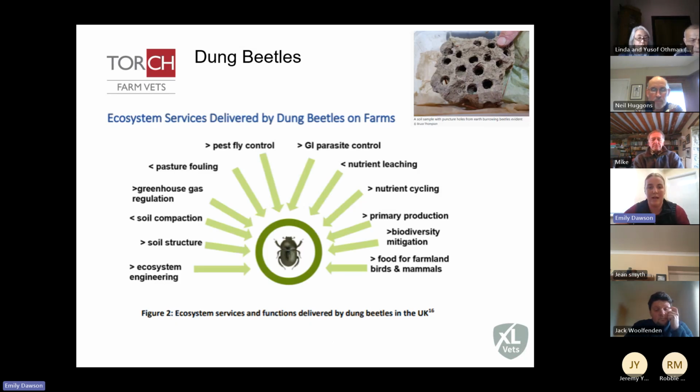Our next little topic was our ecology, and the big factor at the moment, or the big news bulletin, is about our dung beetles. So we'll talk in this instance about dung beetles and why we're concerned about them. But these factors will also affect other invertebrates on the land, even our earthworms and things like that. It just is that dung beetles have been probably the most studied in this scenario so far, but there'll be building evidence of effects of our wormers on other invertebrates and other parts of the